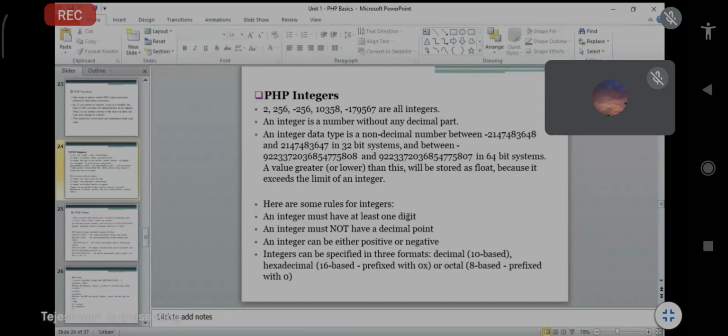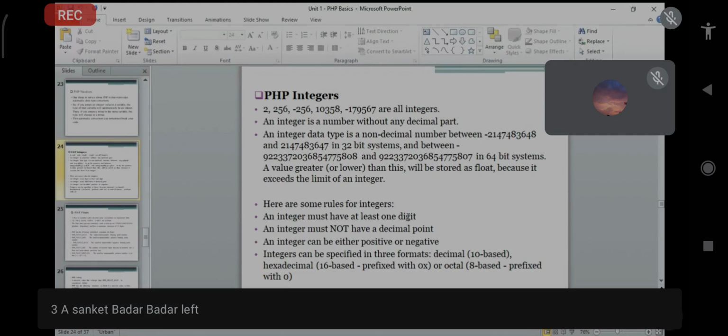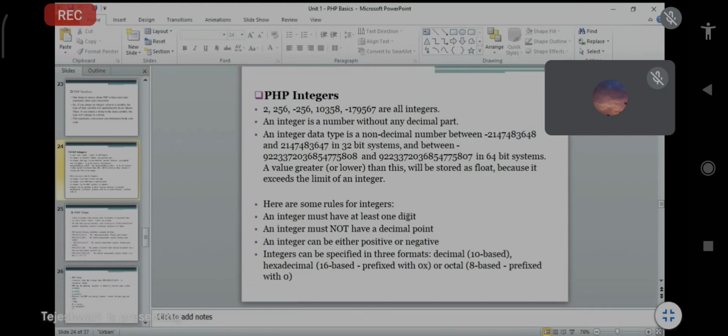The integer data type is a non-decimal number between -2147483648 and 2147483647 in a 32-bit system, and there is a larger range in a 64-bit system.